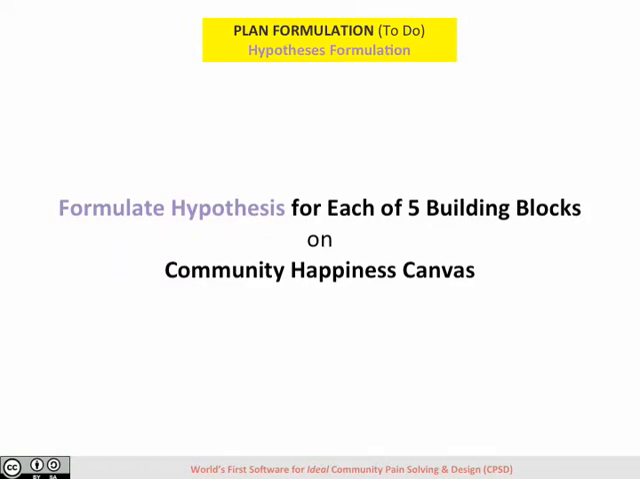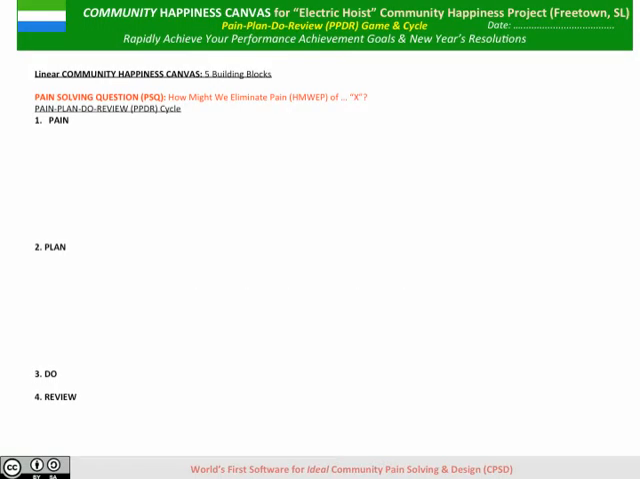So when it comes to doing plan formulation, you should formulate hypotheses for each of the 5 building blocks on the community happiness canvas. So this is what a broad community happiness canvas would look like. So you have the pain solving question, which is blank, and